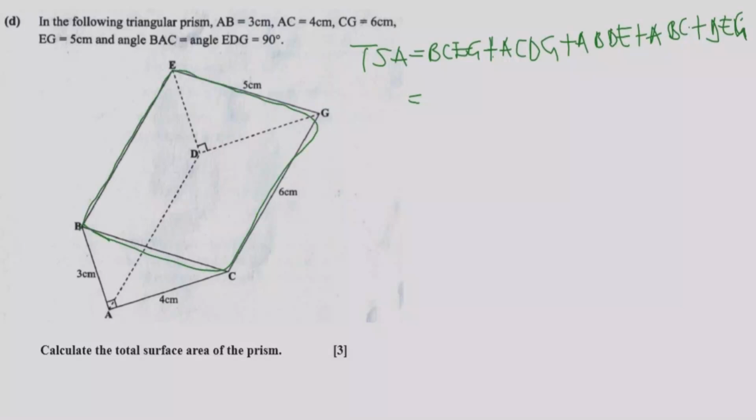So what we do, we multiply this by this. So we open bracket, then we say 5 centimeter times 6 centimeter, close bracket, then plus, then we open bracket, then we identify this area,